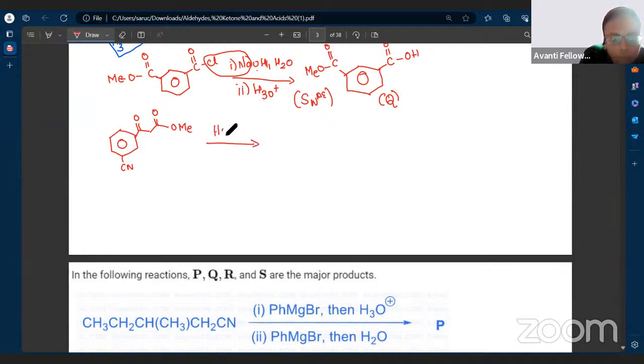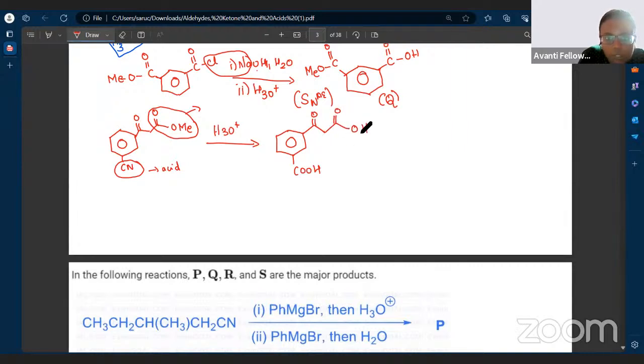First step, you're doing hydrolysis. So here I have an ester. Ester on hydrolysis will give acid, right? So just write the corresponding acid. And here a cyanide group is there. Cyanide on hydrolysis will give acid. So both will get converted to acid. So you'll be getting COOH. And here it is COCH2,